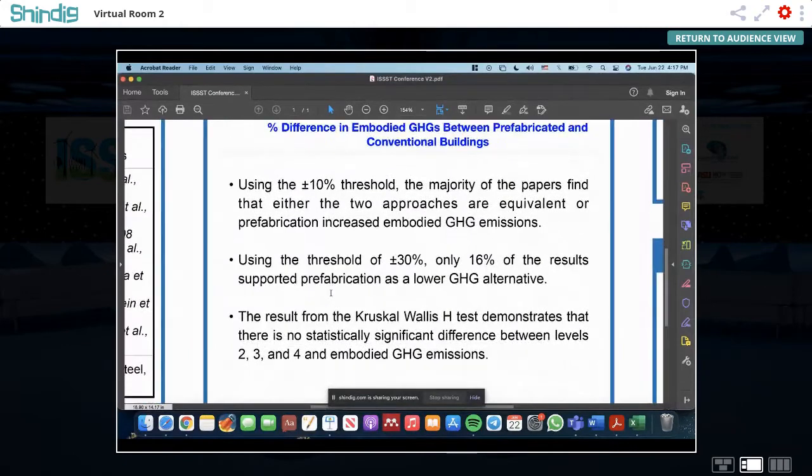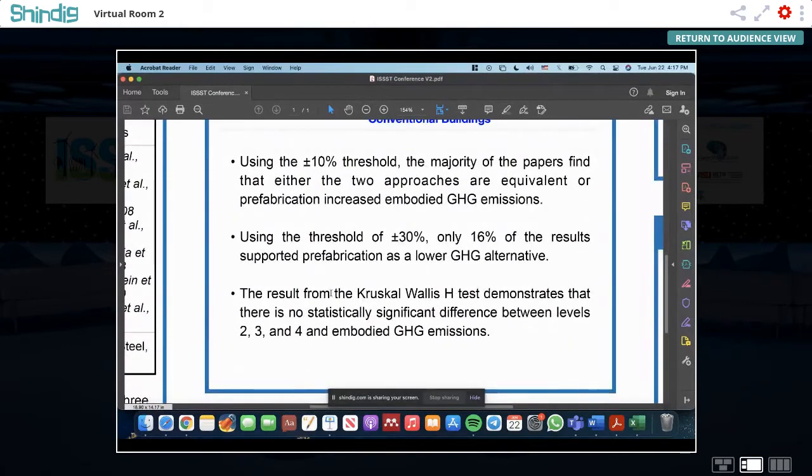So what we found was that, using the threshold of plus or minus 10%, the majority of the papers find that either the conventional buildings and prefabricated buildings are the same or equivalent, or prefabrication increased embodied GHGs.